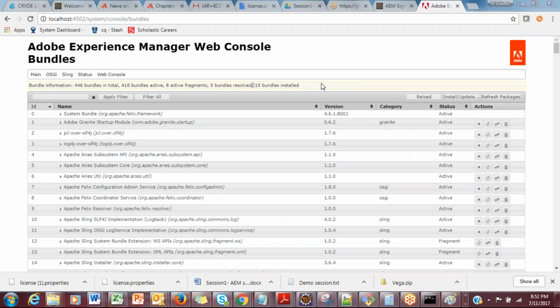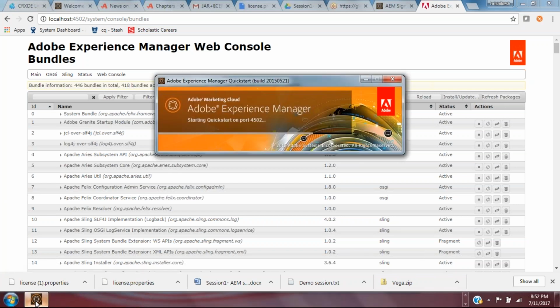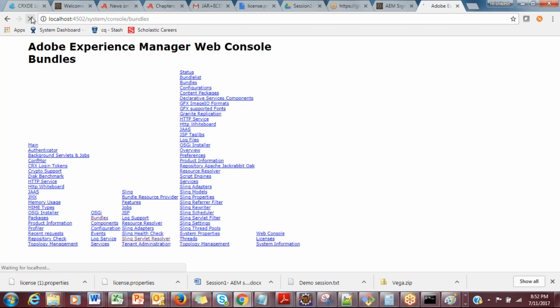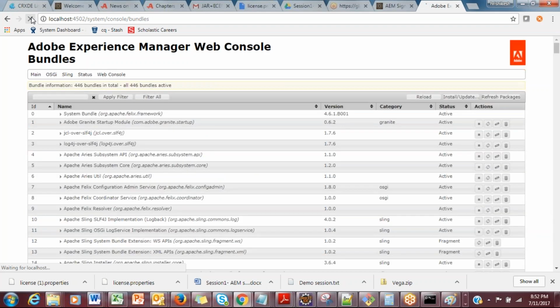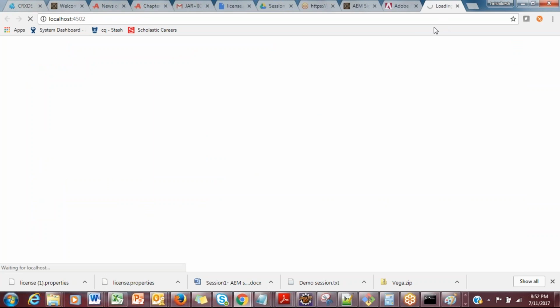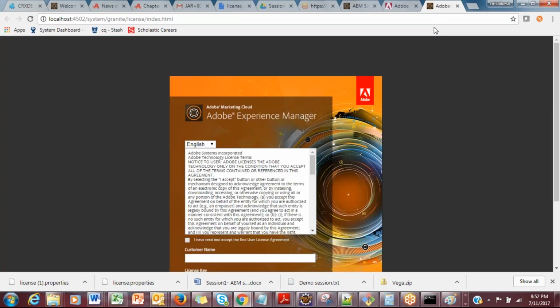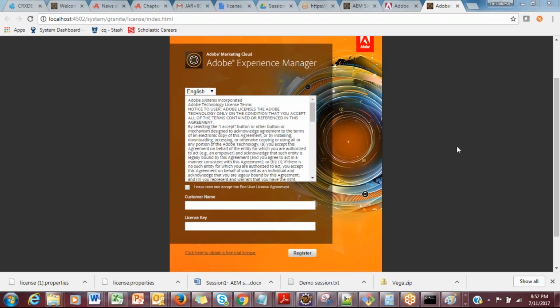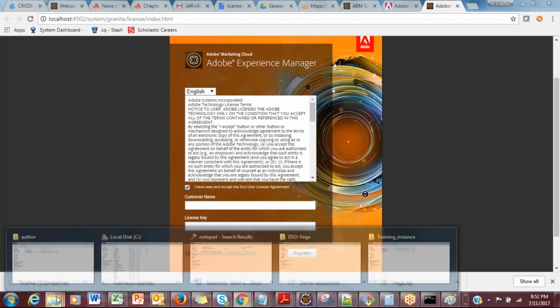At the end of the startup, all the bundles would ideally be in the active state. If you see, right, I'm almost there, 80% done. Now if I refresh, okay, now it's asking me for my license, right, where it basically prompts for the customer name and the license key. So what I'm going to do here is,